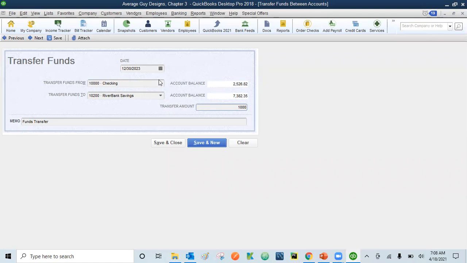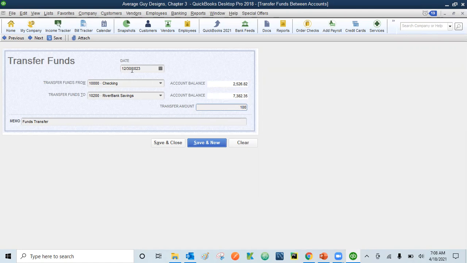So I only update this information, and the system tells us how much is the balance in the checking account, how much balance is in the account where I'm transferring my funds, and here I'm updating how much money I want to transfer from this account to this account. So let's do this part. Let me make it only $100 so that we can do more transactions for the same account. So once we have done it,